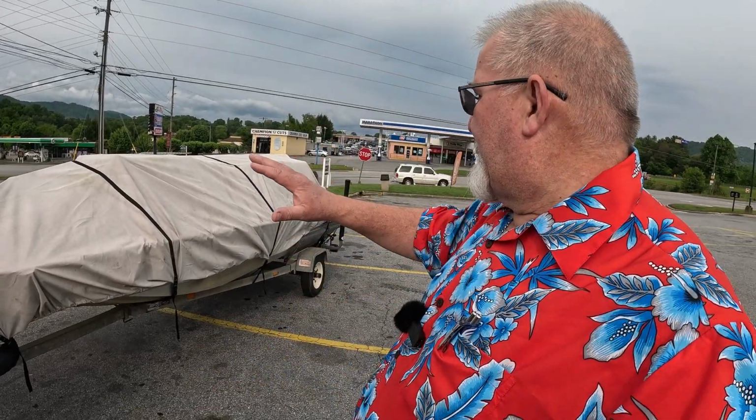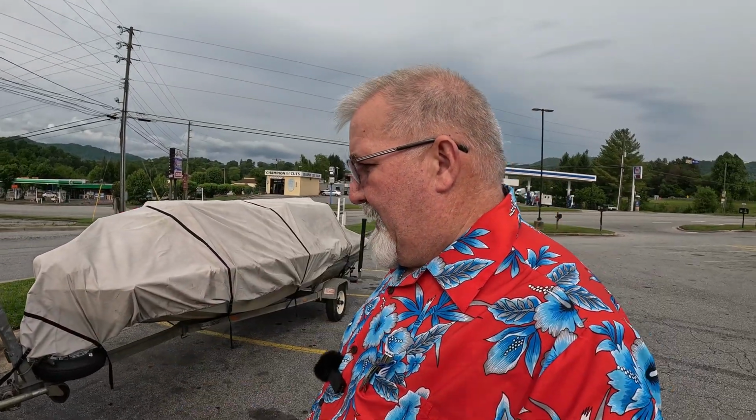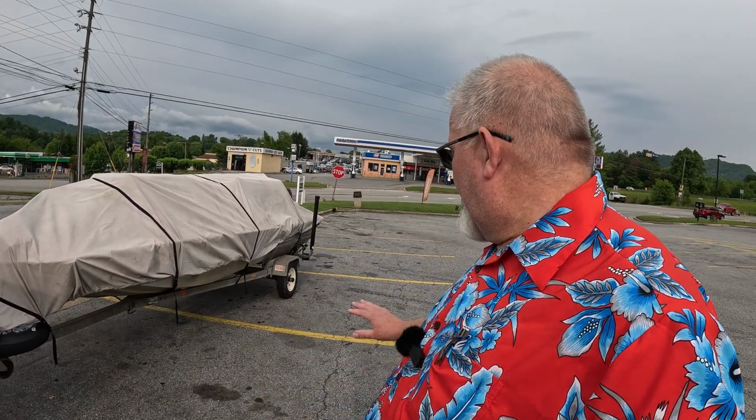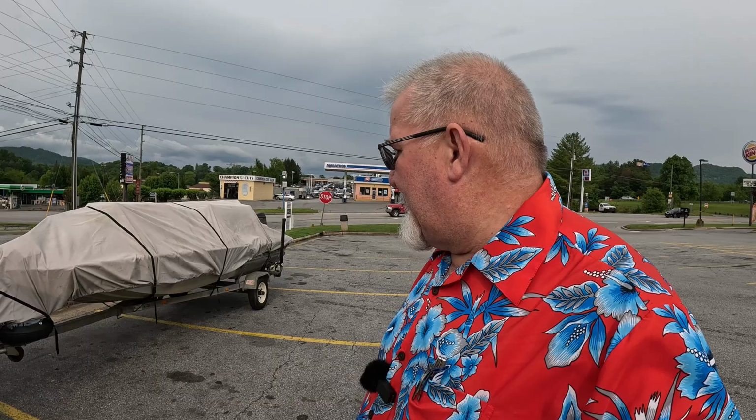And this thing is literally loaded down with plants to take back home. My wife's taking them home to her sister and her daughters, and they'll end up in our house as well. But yeah, so far so good. The tires feel nice and cool. The bearings are cool. That's what you want to have after running down the road at 60 and 70 miles